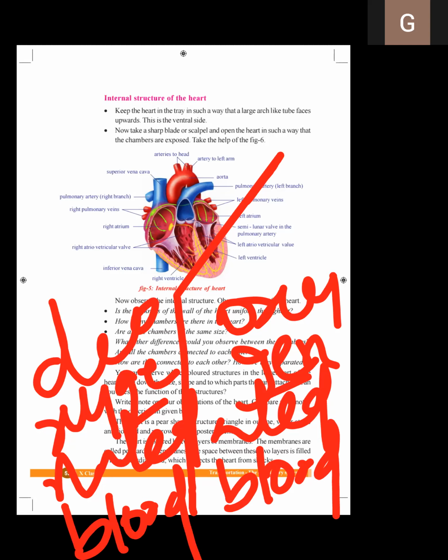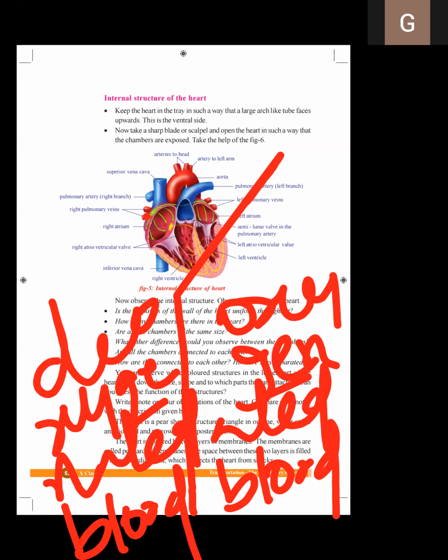So the veins which are present: the vein present at the anterior end of the right side of the heart is the superior vena cava. Superior vena cava is also called the precaval vein. This collects the blood from the upper parts of the body. Superior means the upper parts of the body.